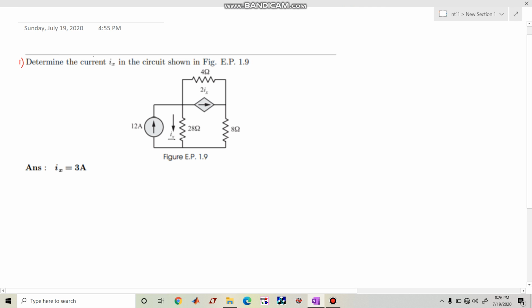Hi all. Today we are going to discuss a problem on network theory. You can see the problem statement: determine the current Ix in the circuit shown in the figure. So this is the figure where you can see